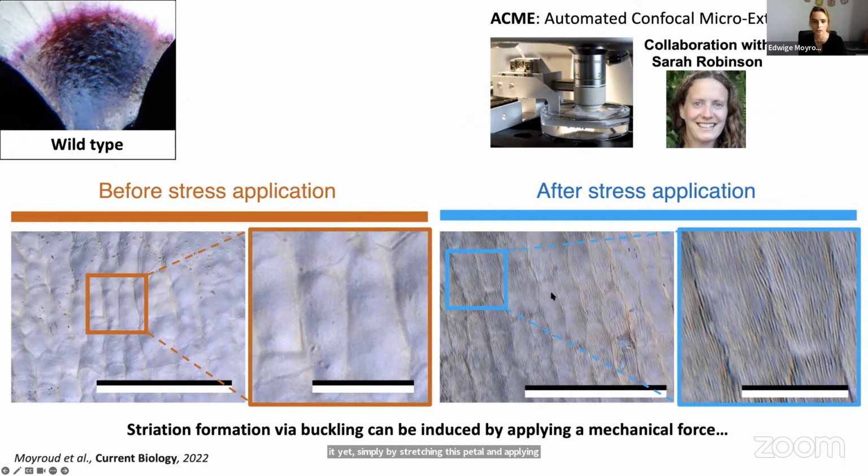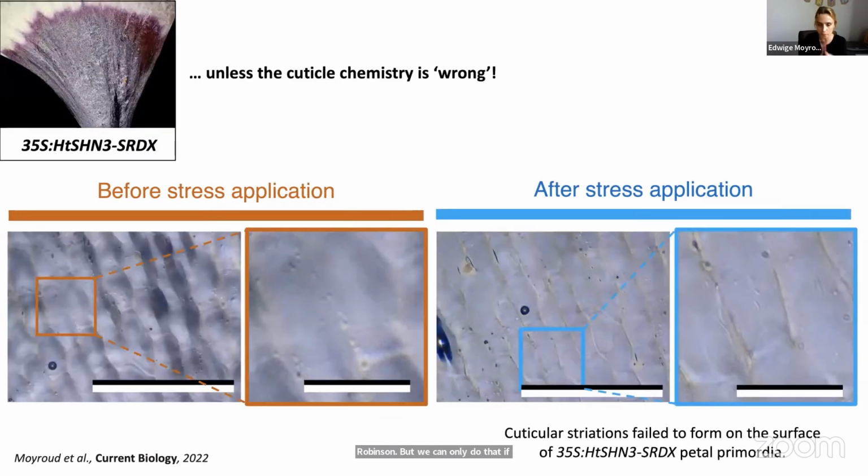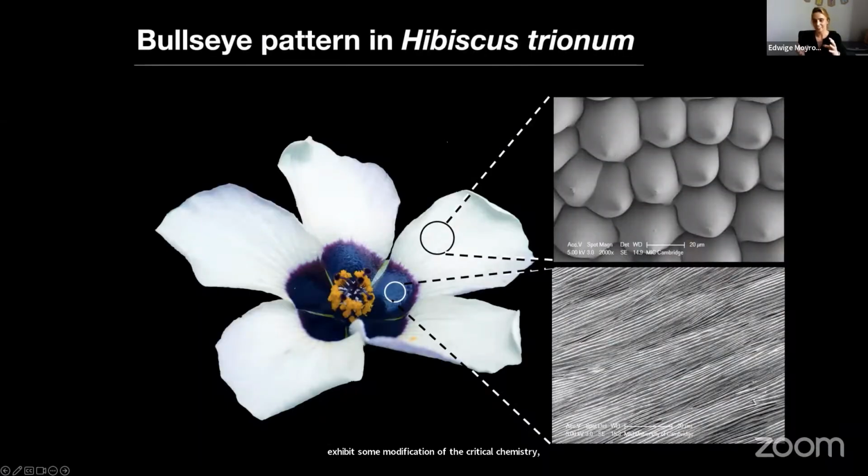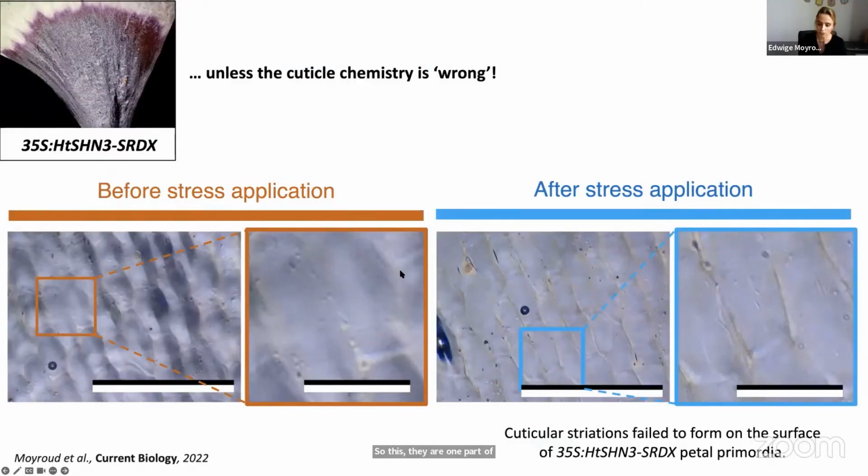This is work we've done in collaboration with Sarah Robinson. But we can only do that if the cuticle chemistry is right. If we stretch petals from transgenic lines that exhibit some modification of the cuticle chemistry, the striations fail to form. So these striations are one part of a bigger pattern, because next to the region